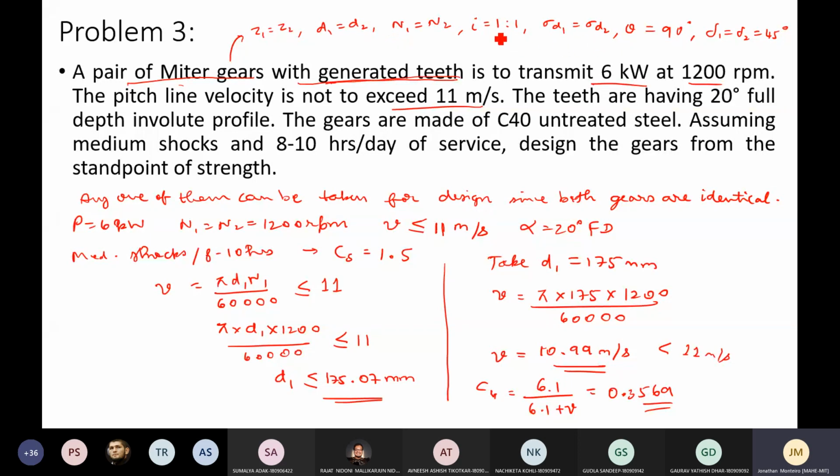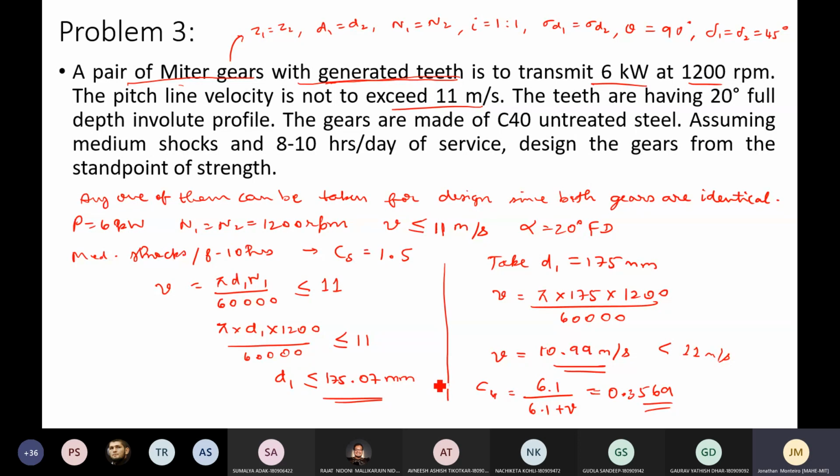Material is the same, the gear ratio is 1, the number of teeth, the diameter, and the speed, everything will remain the same. The second point of this problem was to mention which type of teeth it is carrying. It is generated teeth. So with respect to which form it is using to get manufactured, your CV value, the velocity factor, will change. And since in problems like this pitch line velocity has a limit, you have to fit a particular diameter of gear.